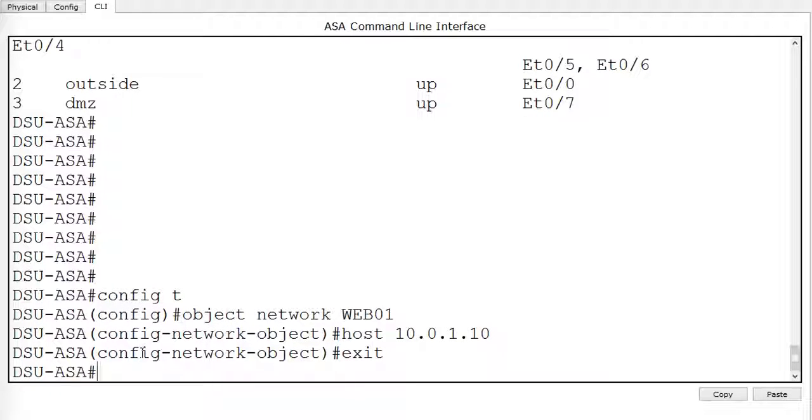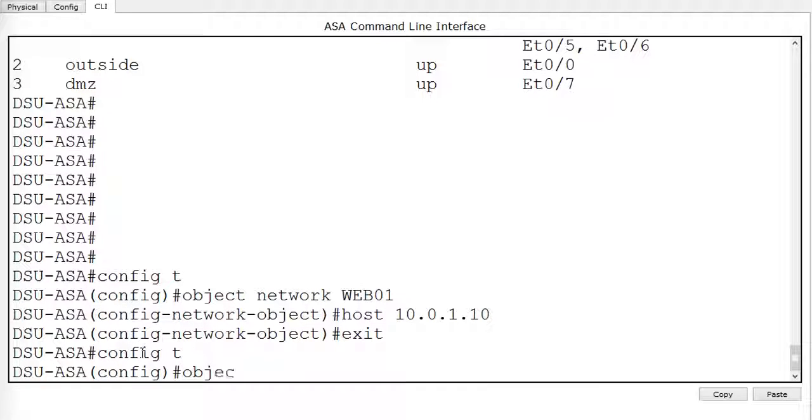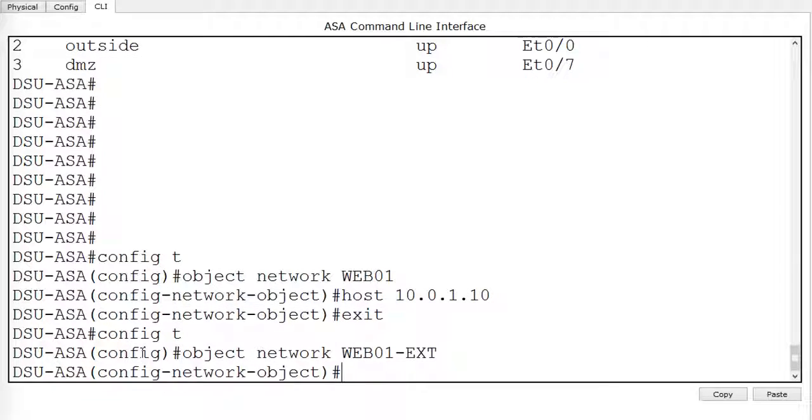Next thing I want to do is create the external name for the web server's IP address. So I'll go back into config-t, object network, web01 ext, just signifying external. The host, so the outside IP address, will be 138.247.80.3. Now we could tie this back directly to the 80.1 IP address that used to be on here, but